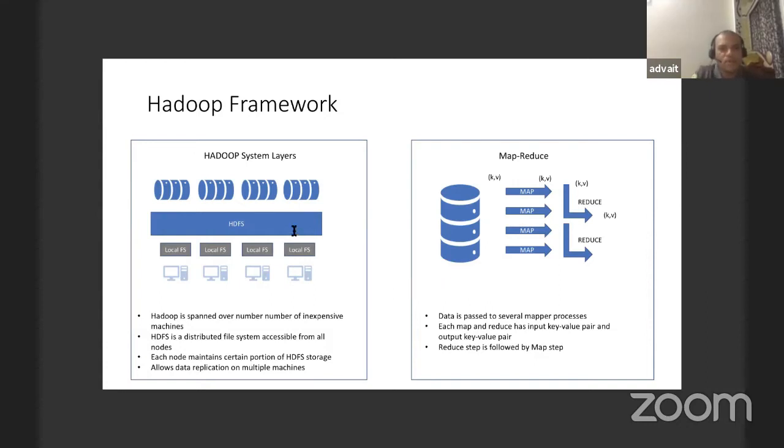On the left hand side, you'll see this typical architecture of a Hadoop system, where there are typical commodity computers, maybe cheap and older computers as well, 10 years old, that you might want to sell for a very small price like 2000 or 3000. But if you combine them together, you can build your Hadoop cluster.